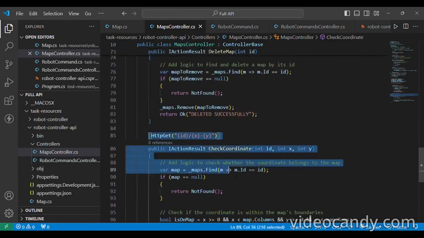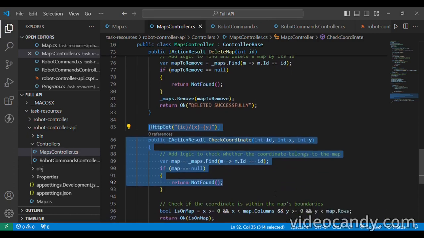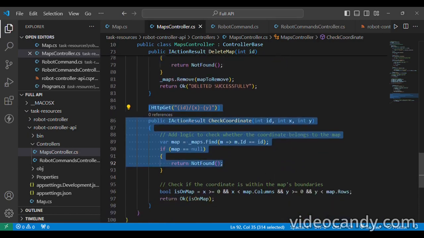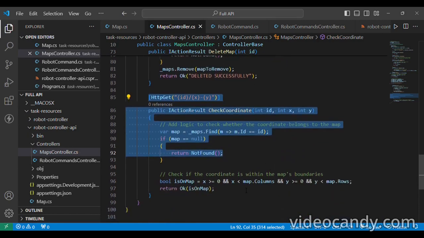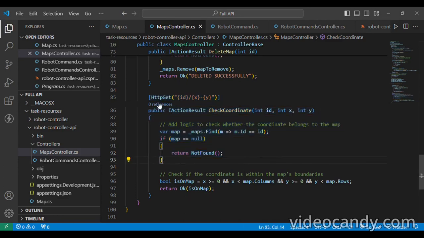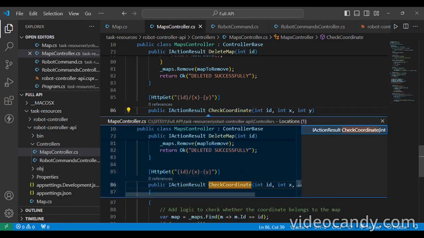Here, this is an HTTP DELETE request to delete a map by its ID. It searches for the map with the specified ID, removes it from the list of maps and returns a success message. And this is a request to check whether